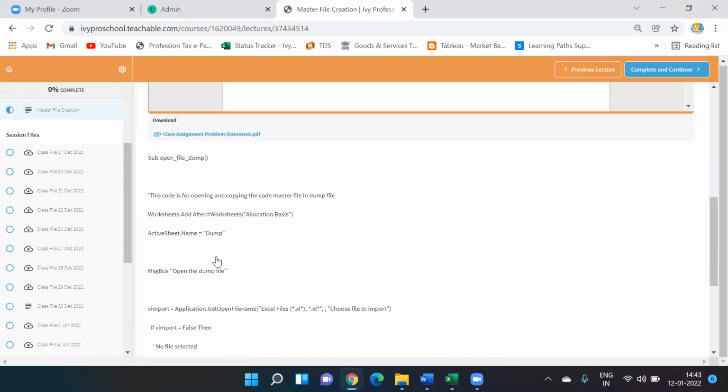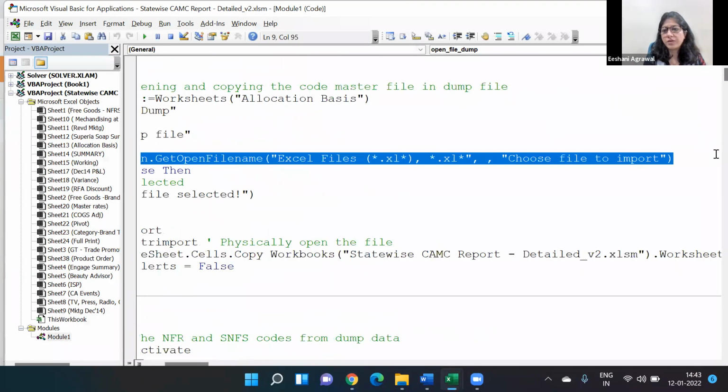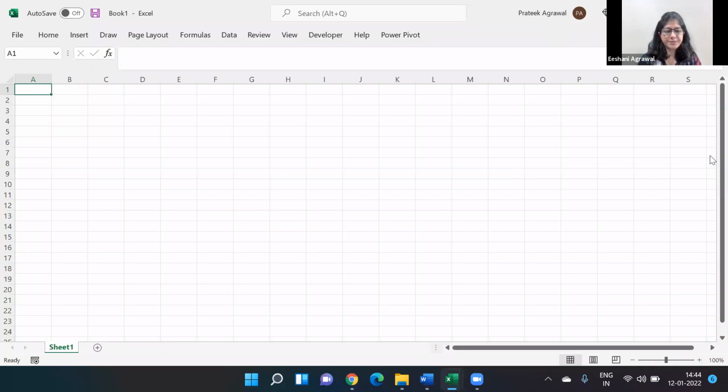So pick up this code. It might not be exactly fitting your need because this is obviously from some other work that I've copy pasted. For your knowledge, this code is what helps me open that dialog box. Okay, so if I just copy this and paste it in that new workbook,